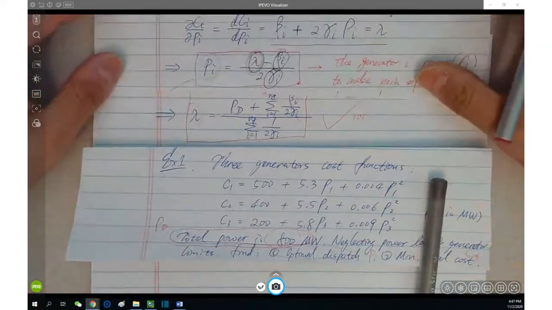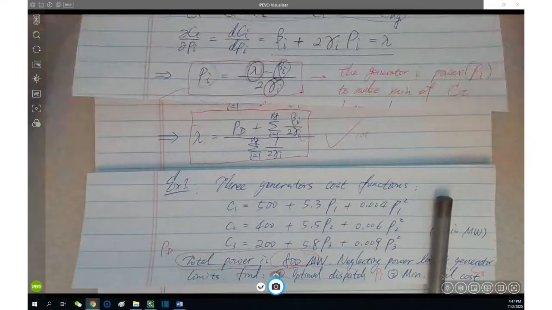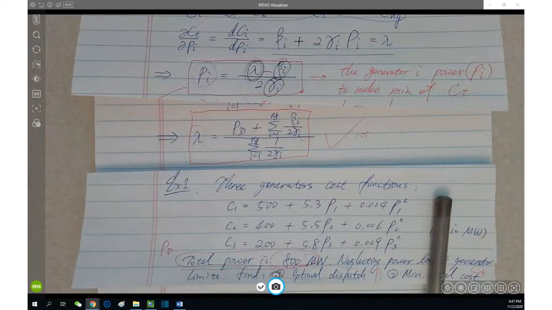You don't have to. Does that make sense? PD is given. Required total power is 800 from customer. Then PD is 800. True, it truly equals to summation of PI's. Yes, true. But